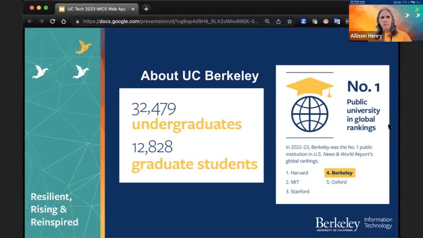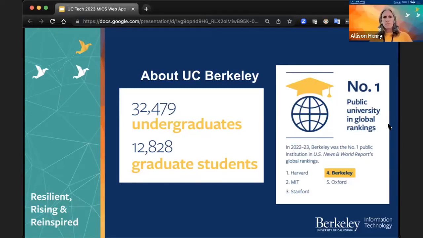In the meantime, I did want to share a little bit about our institution for those of you who aren't familiar with UC Berkeley. About 32,000 undergraduates and just under 13,000 graduate students. A very large campus, one of the top ranked universities in the world, and according to US News and World Report anyway, the top public institution in the world.